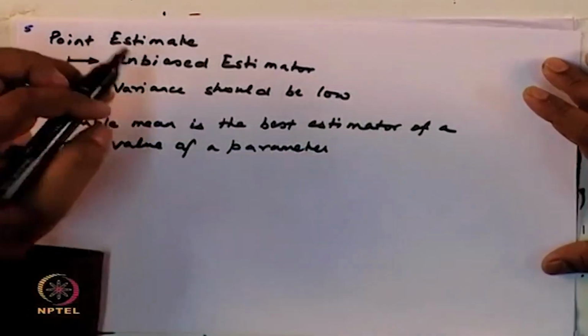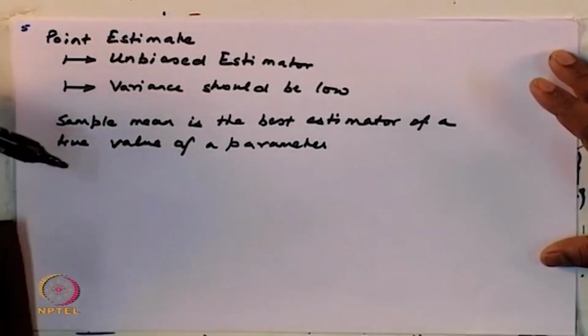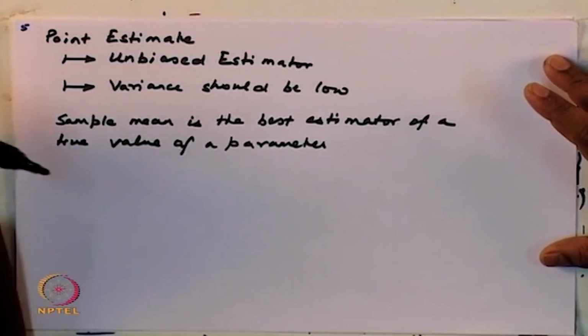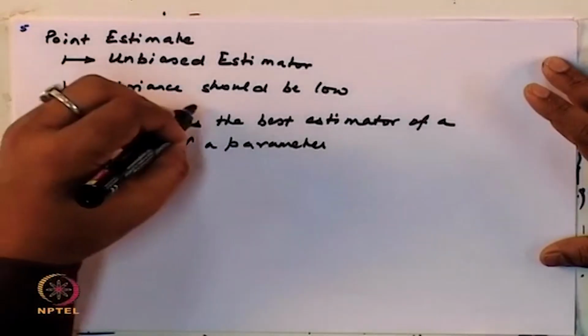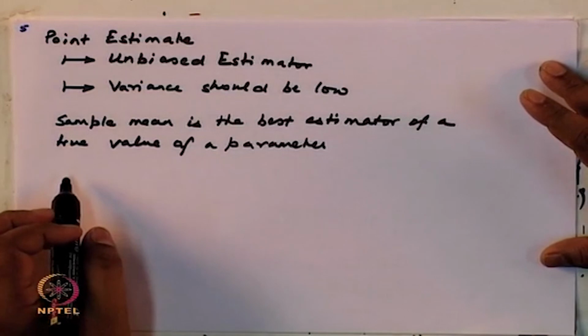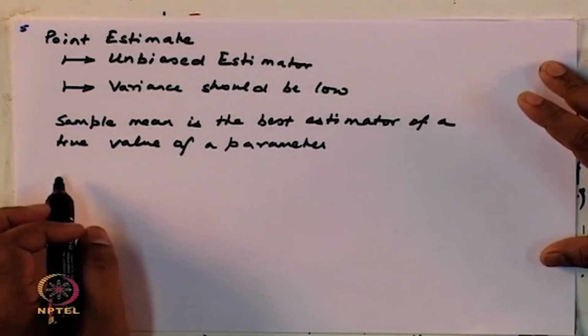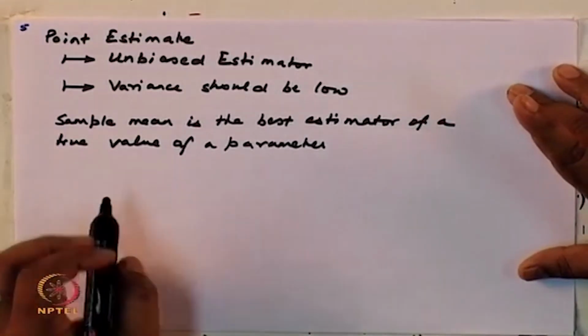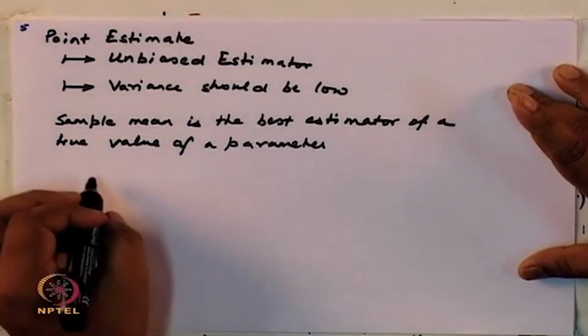Why? Because we showed that the sampling mean follows a normal distribution, and if your sample size is larger, then your variance can also come down, because the variance for the sample mean is sigma square by n. But in the general case, as opposed to predicting a single value,